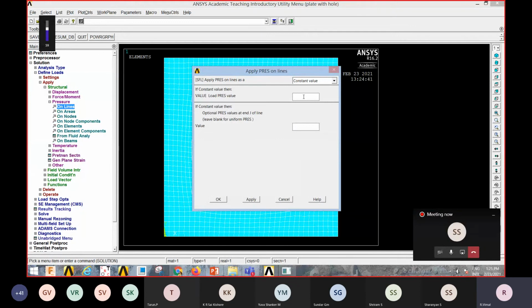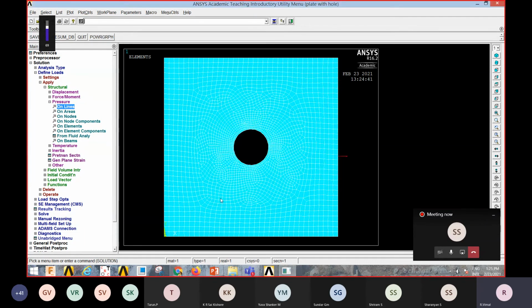In order to calculate the value of load, we take the formula, that is load by area. Stress is equal to load by area. In this case, the load is 3 kilonewton, which is nothing but 3000 Newton, divided by area 0.2. So if we divide this, we get a value of 15,000, which I'm entering here. As usual, I enter it with a negative sign, -15,000, and I click OK. You could see the load appearing. So the case of defining the load is complete.